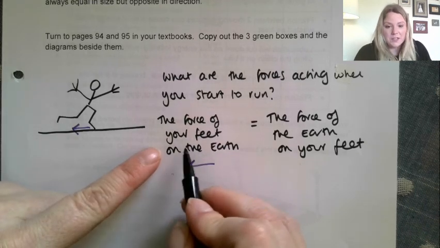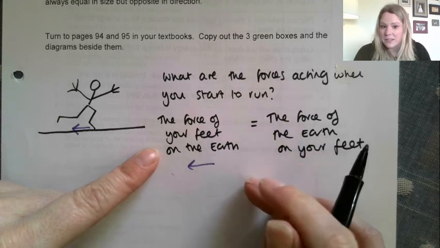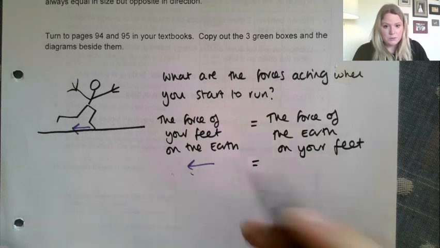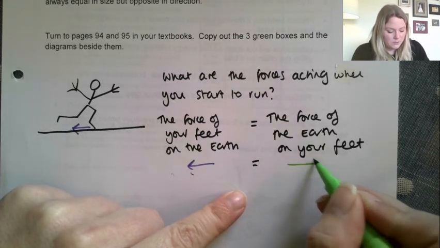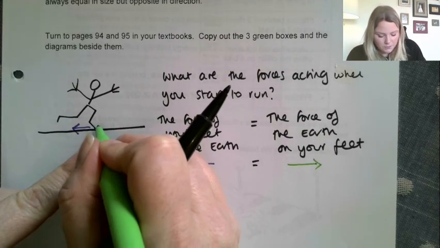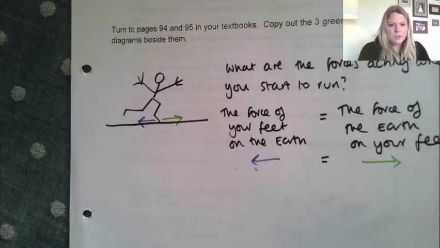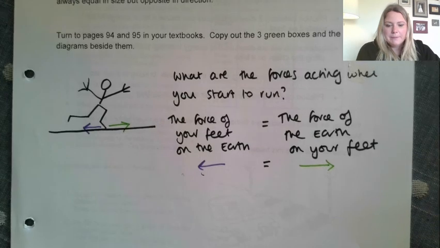So the force of your feet on the earth is equal to the force of the earth on your feet. You just swap the two objects around. So that backward force there is going to be equal to the forward force. Now, just to go back to what I was saying there and trying to show you with that wee diagram